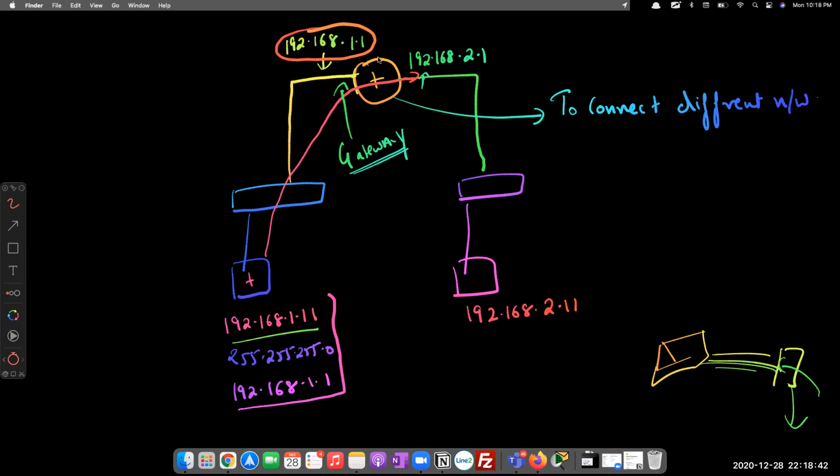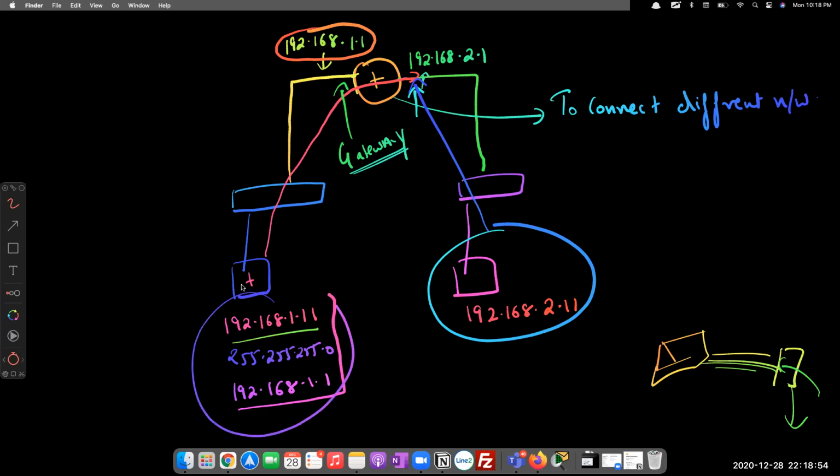Okay, somebody asked me, what is the difference between a gateway and a router? A router is a device, that is hardware, and a router can have multiple gateways, one for each LAN. So this device will have this IP address as a gateway, and for this computer, this IP address will work as a gateway. The exit point of the LAN is known as the gateway.